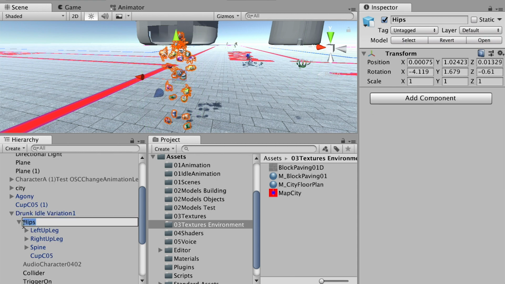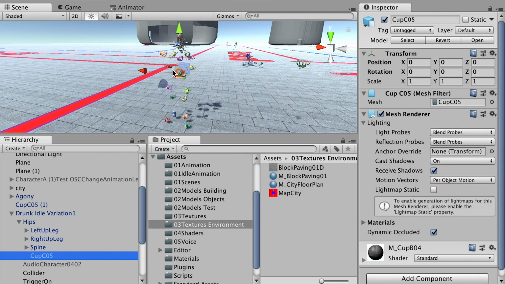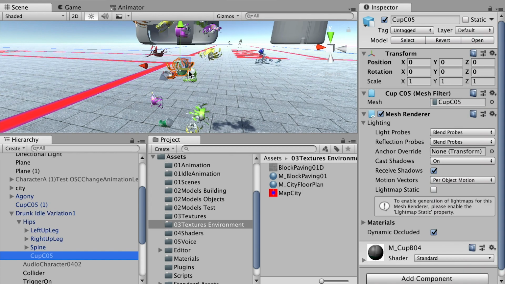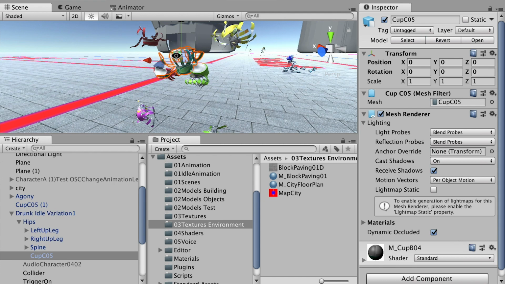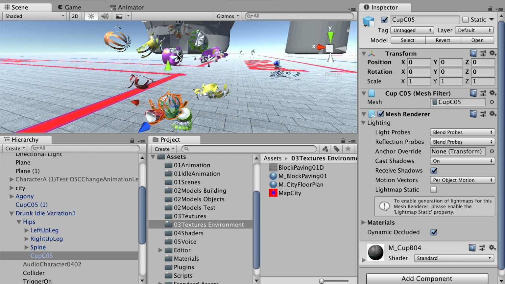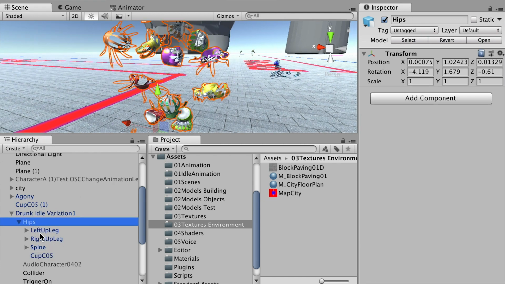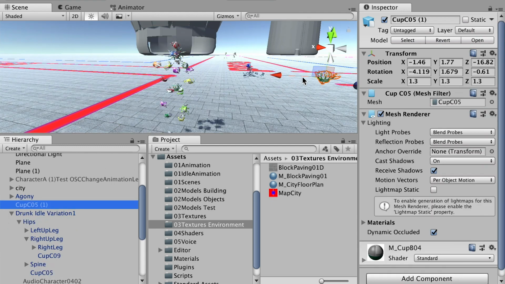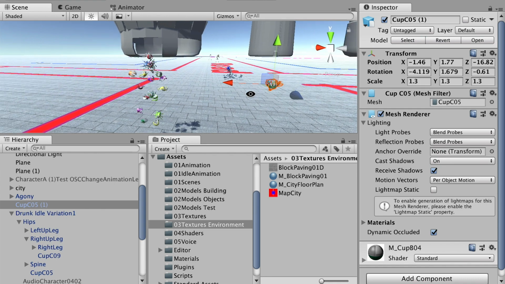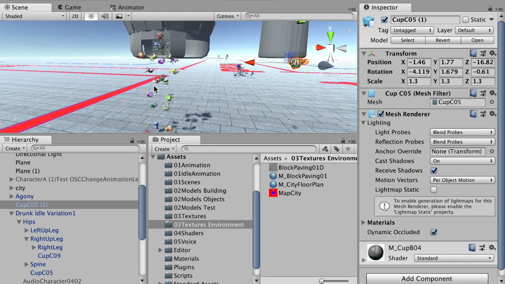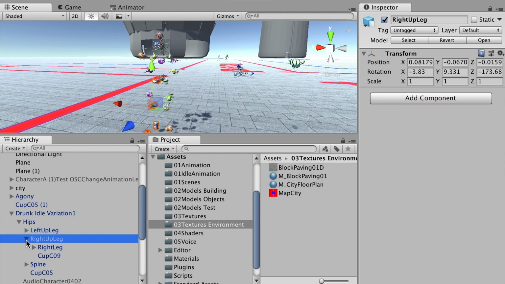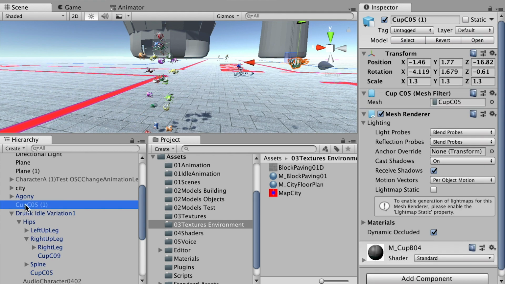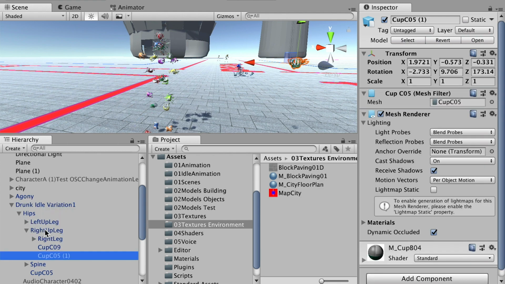On the joints, I can attach these other models, for example these cans or plastic bags or plastic bottles, right? You can attach them to these joints and they will move with the joint. So let's say I want to attach this plastic can onto the right thigh joint. I can just select the right thigh joint, right? Here it is. Then I can just grab this can and drop it onto the right thigh,